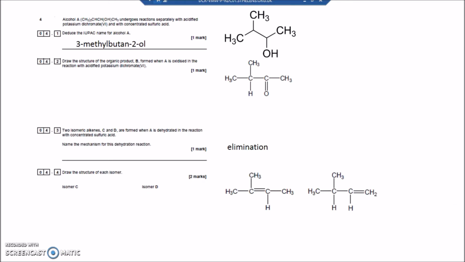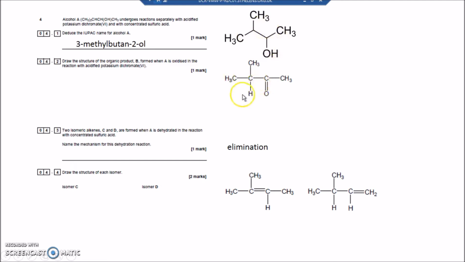List the alcohol A, product B and C in order of increase in boiling point. Alcohol A, product B and product C. So let's have a look at what I've got. Alcohol A has got an O bonded to an H, so it's got hydrogen bonding, so that's going to have the highest